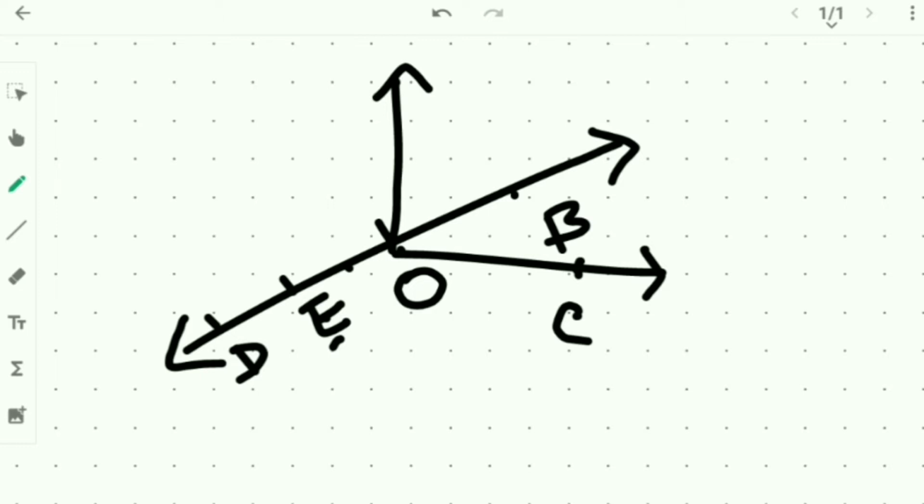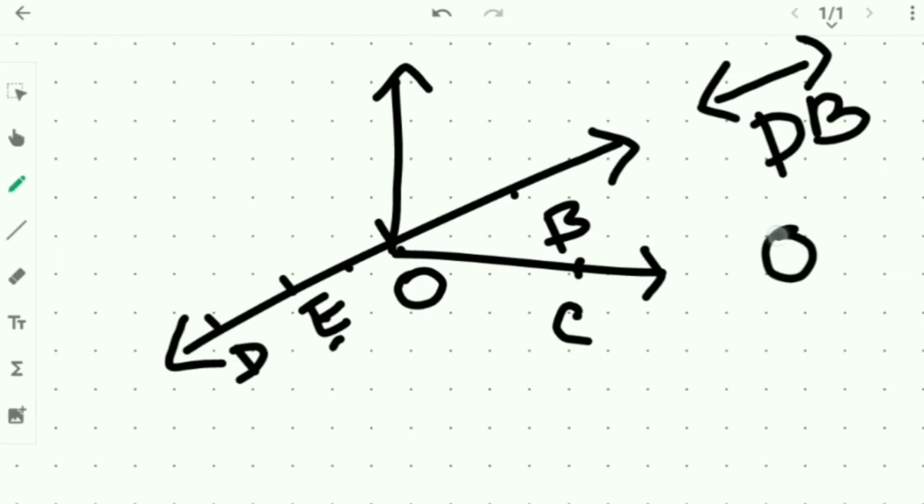Okay. Now you have to name a line. Which line? See, this line means you'll be writing it as DB, and a bar above that with 2 arrows, that side and this side. That is a line. Other line will be, like you can see, OC. You can write it as OC. Here O is finite, no? This point. So there you can't put the arrow. Arrow will be only in one direction, that is C.